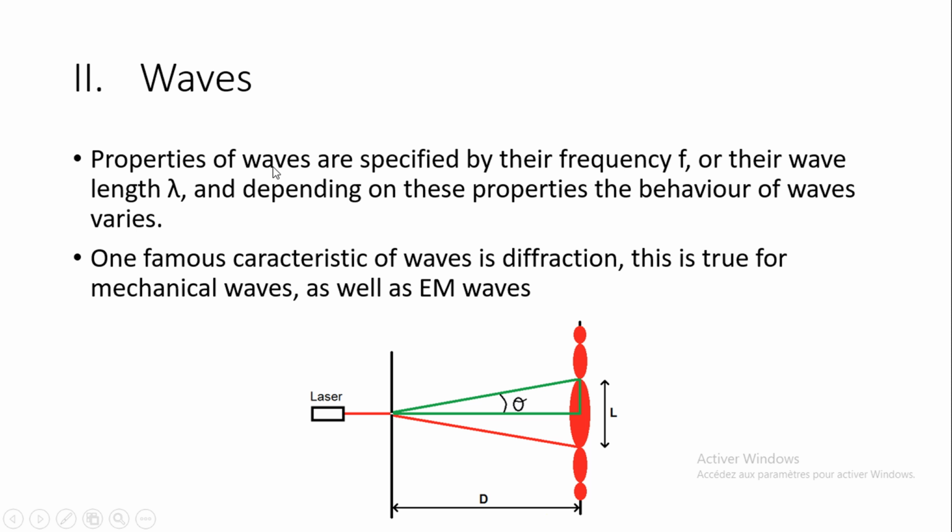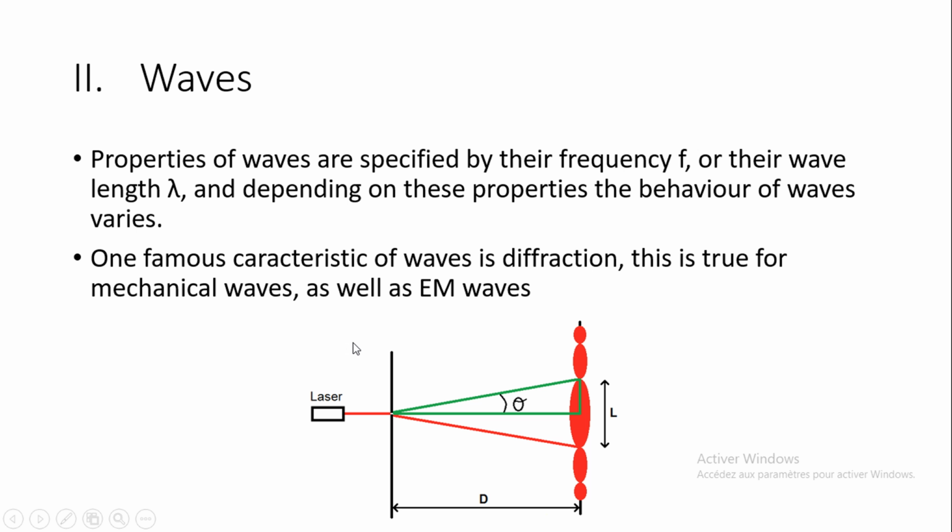Second of all, we have waves. Properties of waves are specified by their frequency f or their wavelength. These two quantities are two aspects of one concept, and depending on these properties, the behavior of waves varies. One famous characteristic of waves is diffraction. This is true for mechanical waves as well as